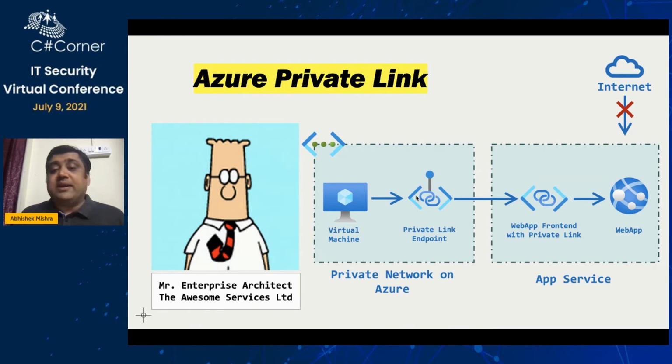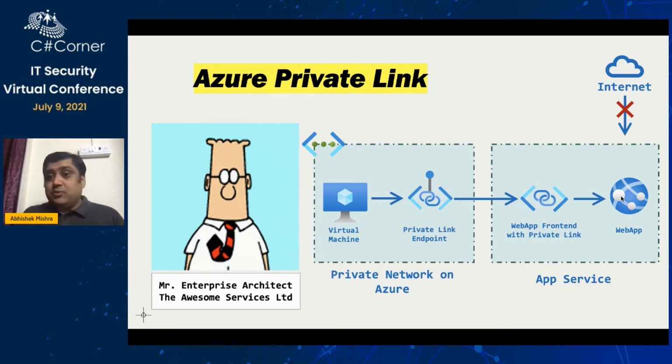When we enable this, a network interface card, or NIC, gets provisioned that routes your traffic and points to your web app. So we have a very well-defined route, so that all the traffic has to first hit this NIC, and from there the traffic gets routed to the web app. Once I provision a web app and a private link endpoint, I will show you exactly how this traffic is flowing and what is happening.